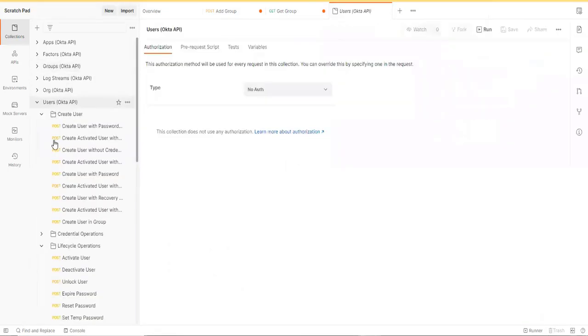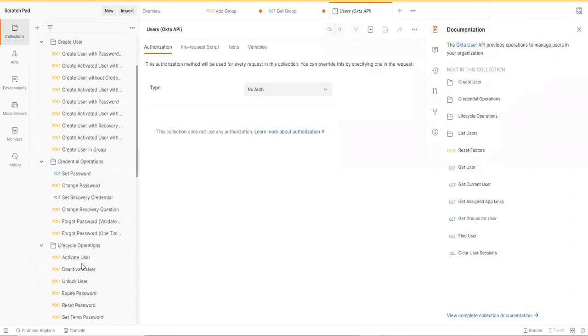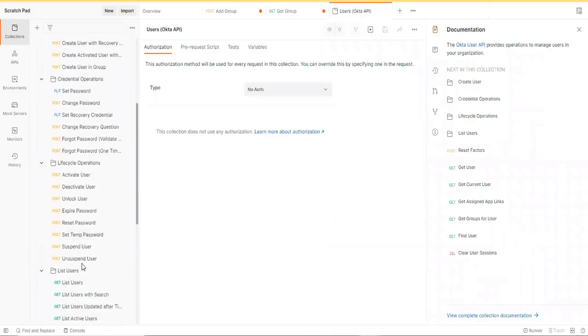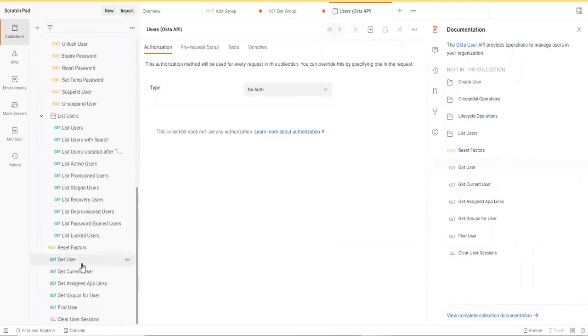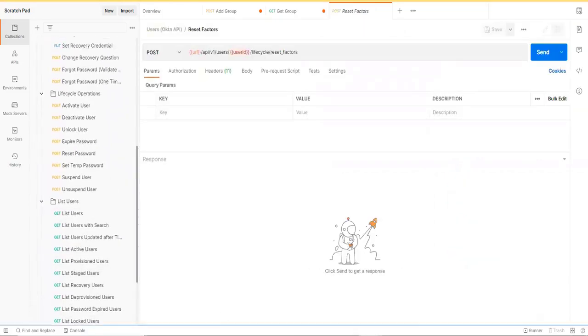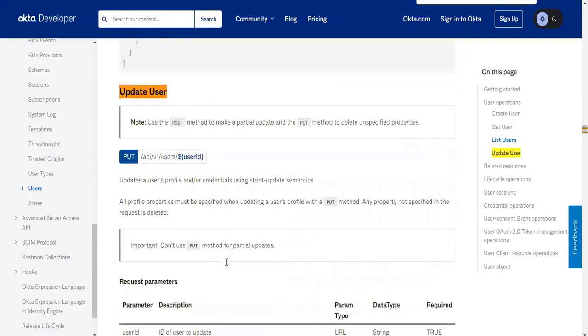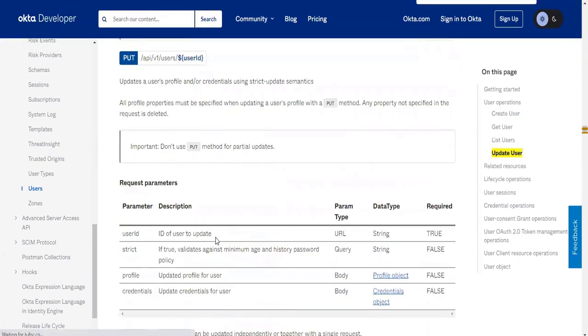Okay, let's see that. That should be an option. Let me see. So here you can see Update User is there.